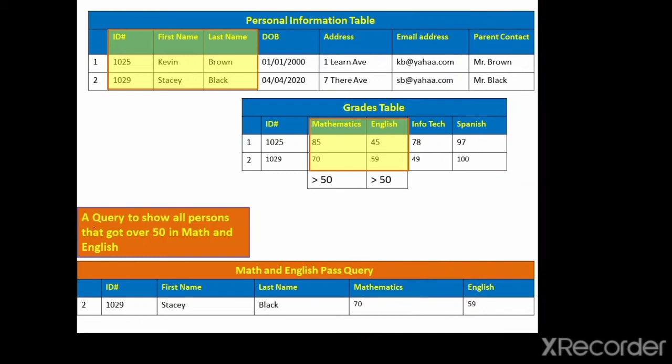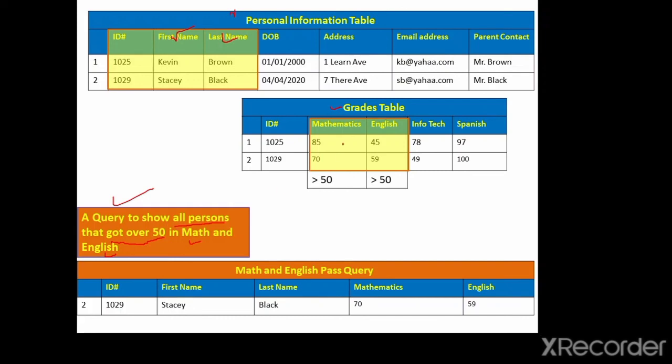So here we have, this is the question, a query to show all persons that got over 50% in maths and English, right? So all persons, their names are in the personal information table, and their grades are in the grades table, right? So it's 2 different tables. So they want all persons, meaning they want all their first name and their last name,